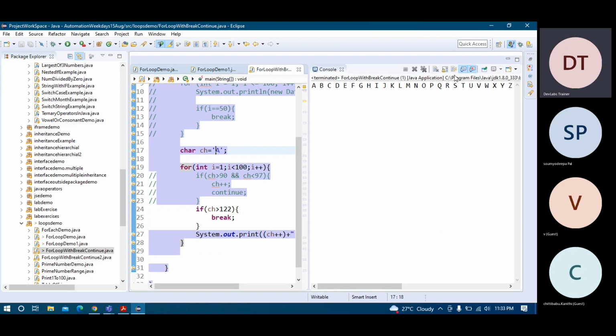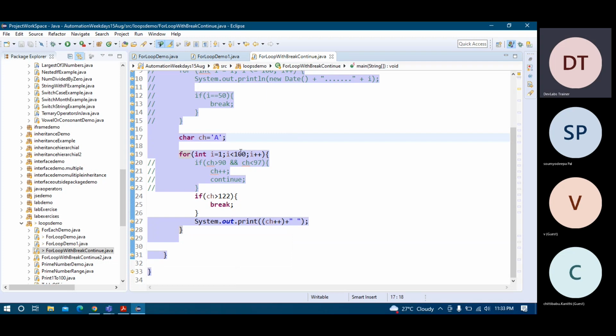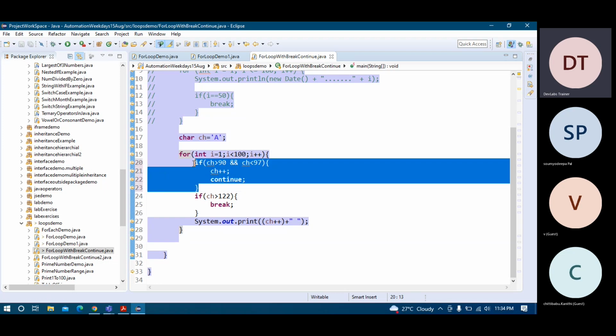So it is printing here, but in between some special characters are also coming, you see, which is not good. I don't want to print these. So how to control this? My loop is okay, but there is a continue statement in Java. What does the continue statement do? When it finds continue, it doesn't execute the next lines of code. It just takes the control from here, line number 22, to line number 19, this part. So this will keep on doing,